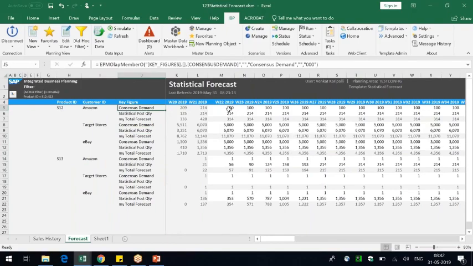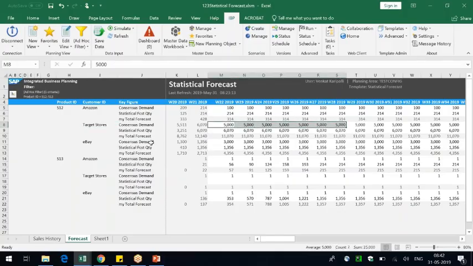There are so many values here. Amazon has hundreds, Target stores has 5,000s, eBay has 3,000s. With an eagle's view, I just want to know where I have the problem. If it is less than 1,000, I need one color, let's say orange or red. If it is 1,000 to 5,000, it's an okay situation, maybe yellow. Greater than 5,000, I want it in green.